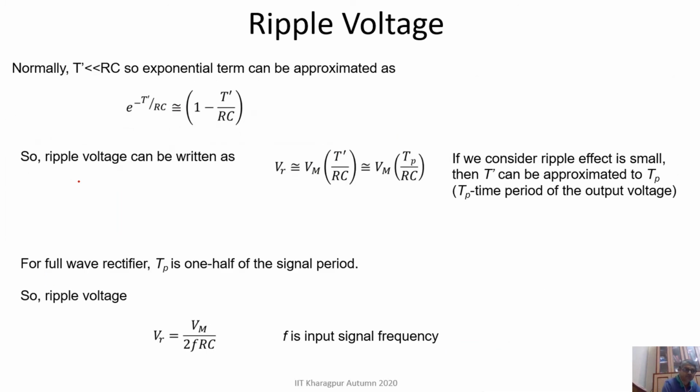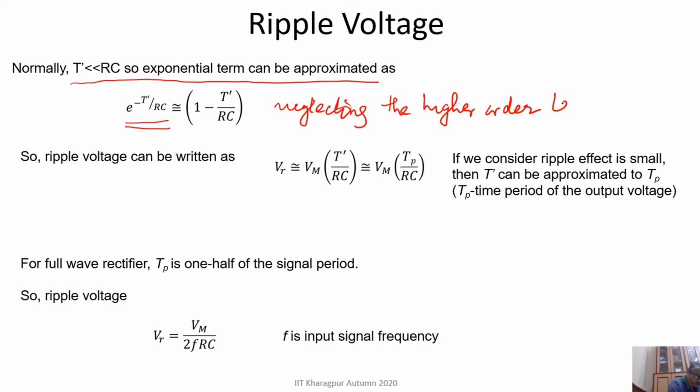So we can use this condition and approximate this exponential term. It can be approximated as 1 minus T dash over RC, and I am just neglecting the higher order terms, simply because T dash is much less than RC. So the ripple voltage can be written